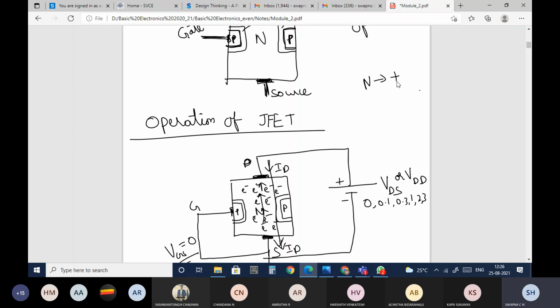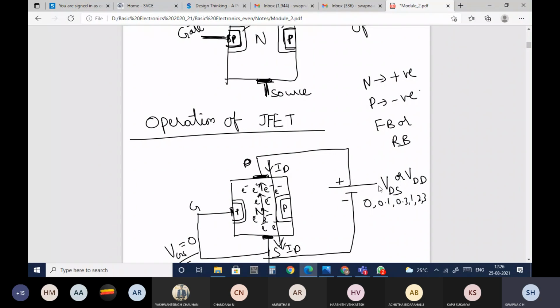N is connected to positive terminal and P is connected to negative terminal. Reverse. Reverse biased.